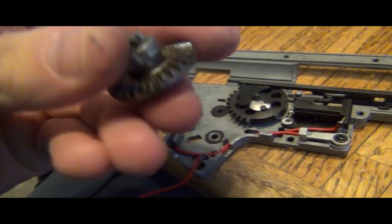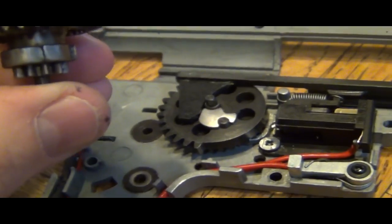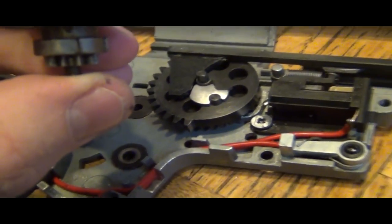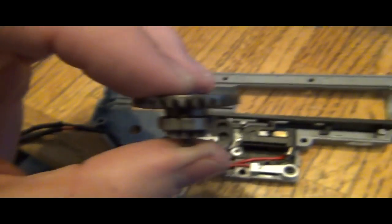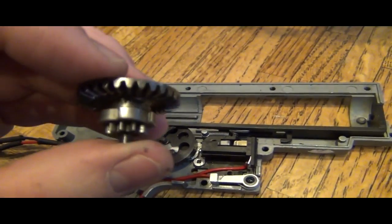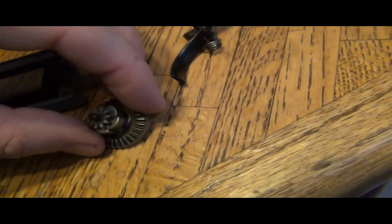And like I said, there wasn't really much room. Hold on, the shims are about to fall off, and I do not want that to happen. Because I have you perfectly shimmed, so I'm not messing with that. Okay, so what I was talking about is you put this gear down, making sure not to lose shims, and